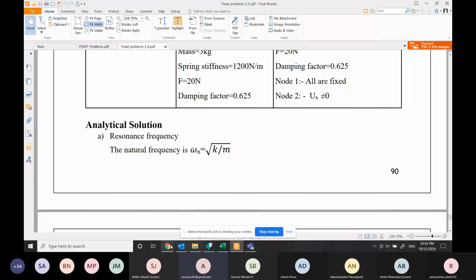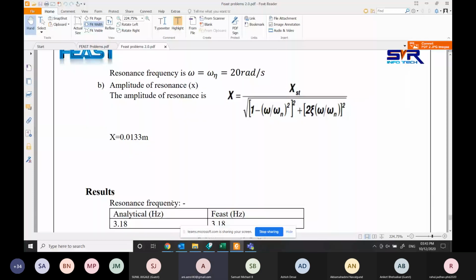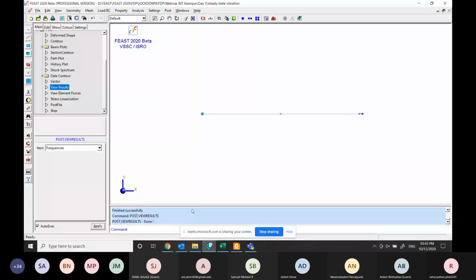So the result is, go to post. I'll go to displacement. I'll go to post view result in displacement.